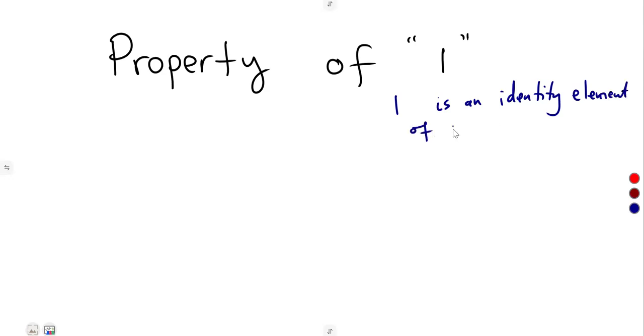What exactly am I supposed to understand when I'm working with the number 1? The property of 1. It is a very, very important number to be considered, as 1 is an identity element. All right, what am I trying to say here? 1 is an identity element of multiplication,